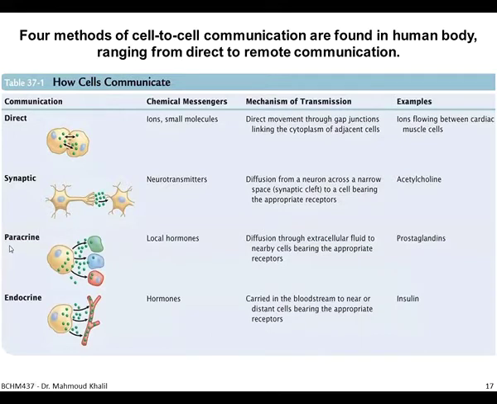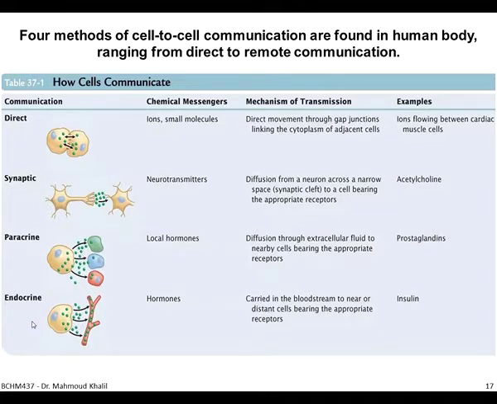The third type, as we said, is the paracrine, and you can see that the secreting cells will secrete this green signal, which acts as a local hormone and affects the nearby cells. One of the famous examples of paracrine signaling is a molecule called prostaglandins. It's actually a group of molecules called prostaglandins. And this signal will be secreted through the extracellular fluid to the nearby cells. And of course, each of these signals will have a receptor on the target cells.